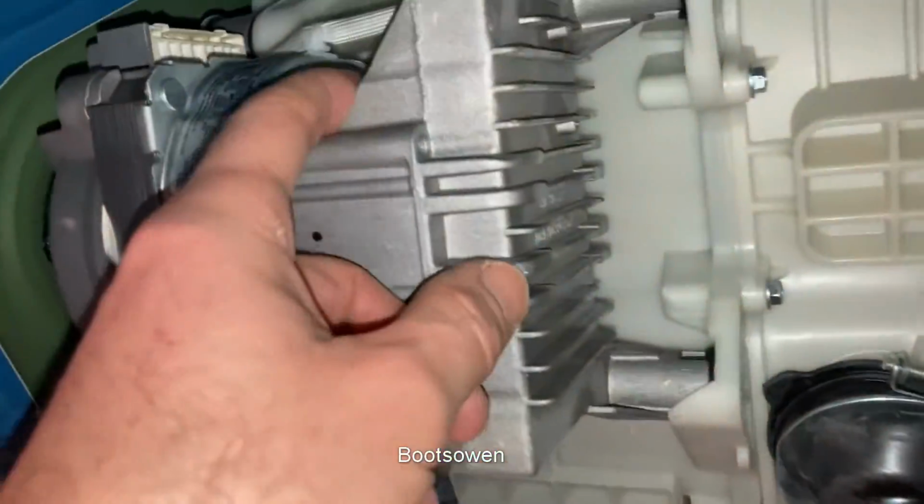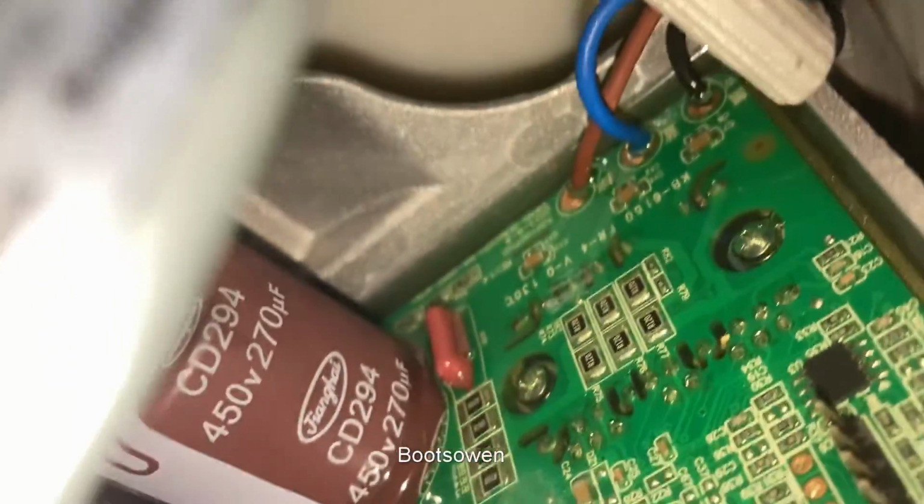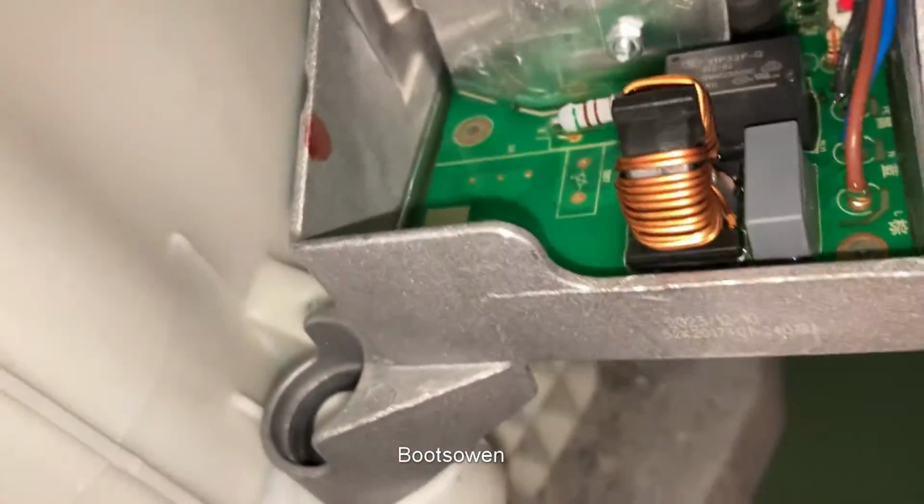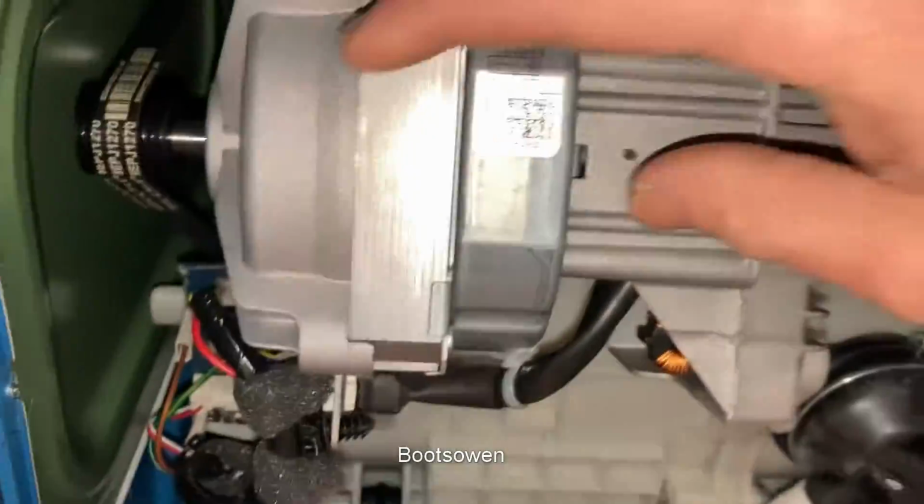Huge aluminium heatsink on the back. Presumably that has the 3-phase controls on it, which I can't really see from here. Yeah, that's the motor controller on the back of the motor. Quite a small motor there. We'll get a look at that